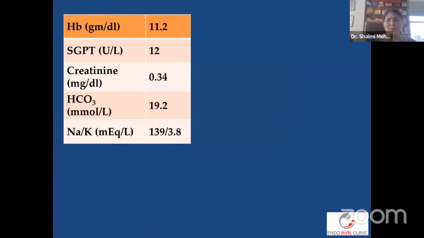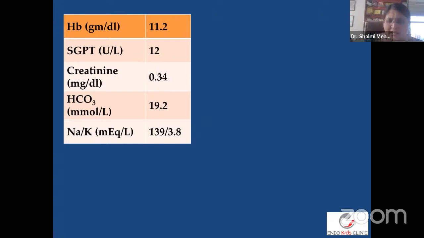Now, because you're looking here, you want to expand the possibilities also. If this child has received multiple doses of calcium in the past, you want to get all the profiles done. You want to rule out your liver, your kidneys. So you would do a bicarb. Sometimes you can come across a patient of renal tubular acidosis, because the body is losing calcium in bicarb, and that is causing the rickets. So always make sure in these patients you're getting these basic investigations done, your SGPT, your creatinine, your bicarb, and your electrolytes. That is a must.